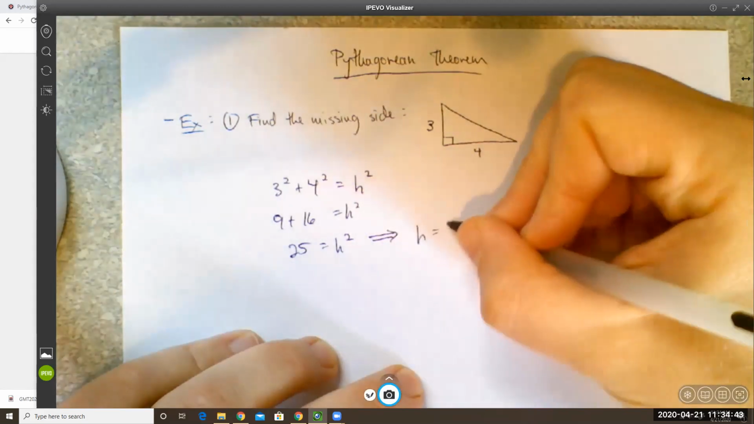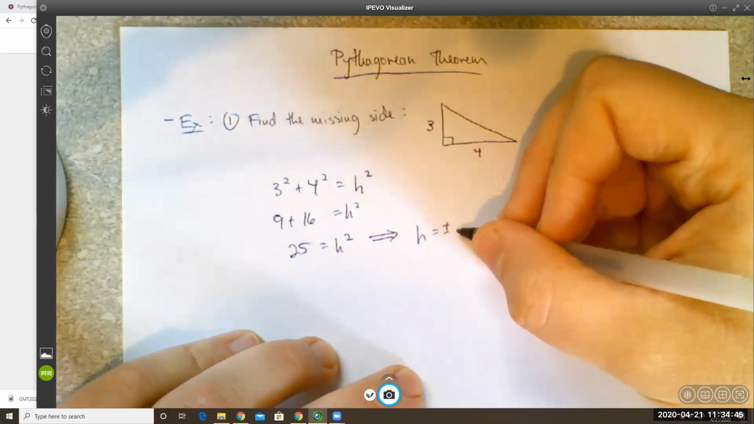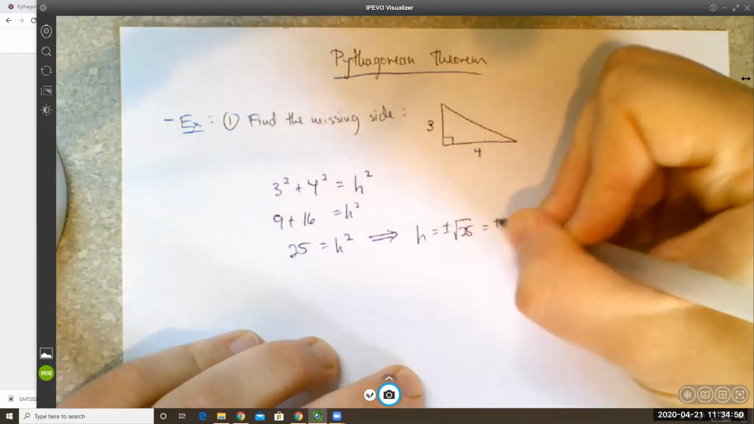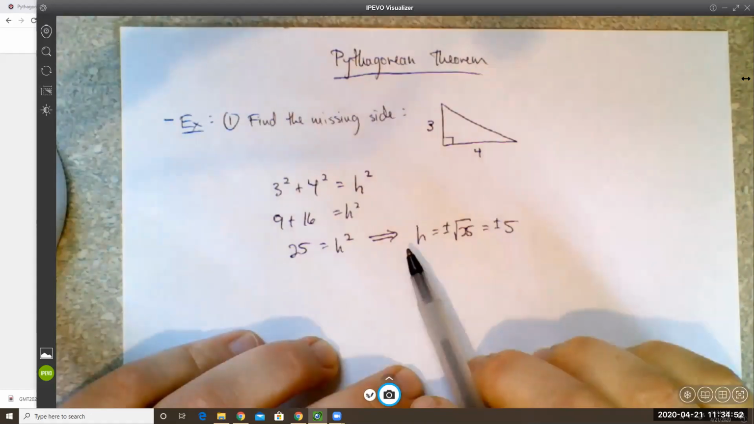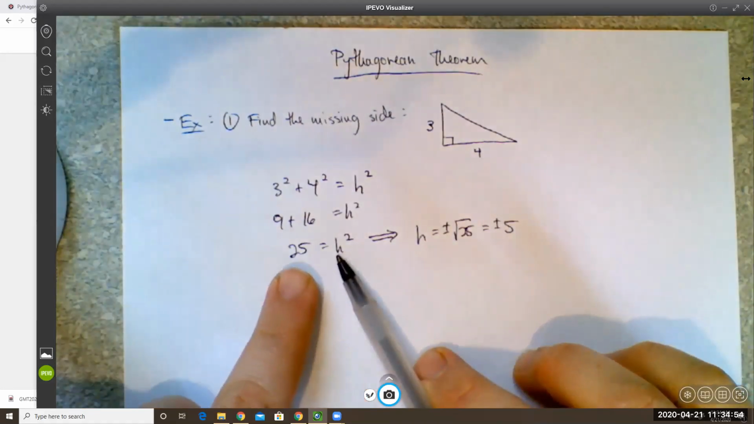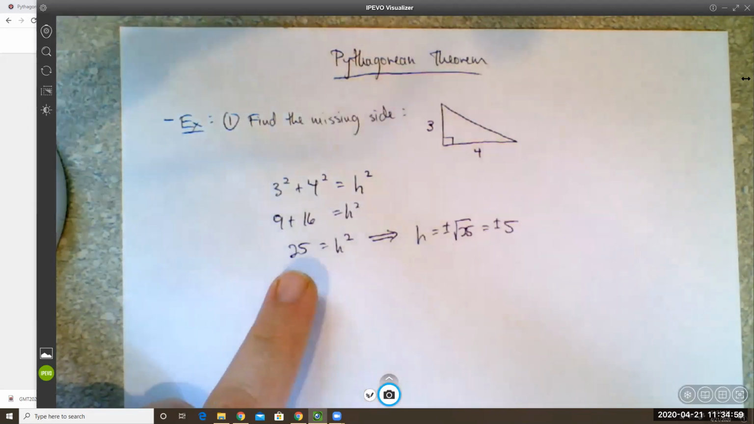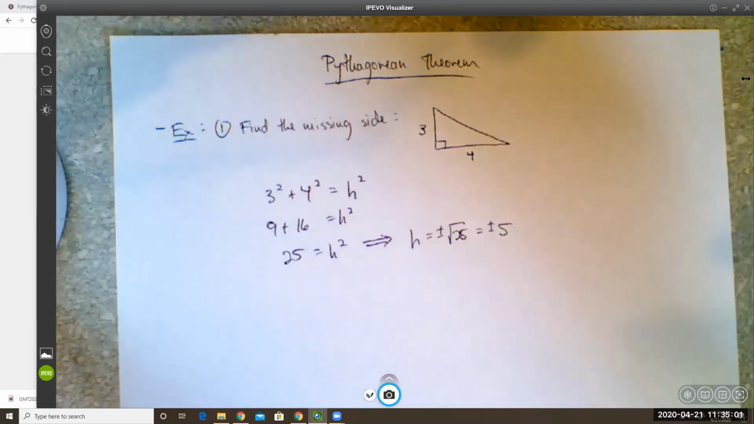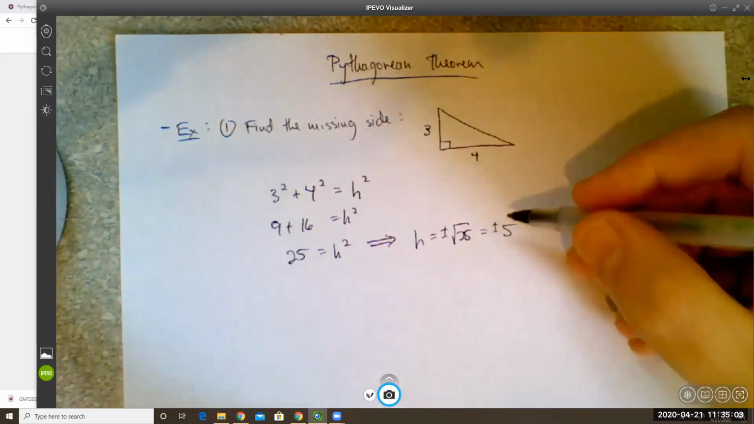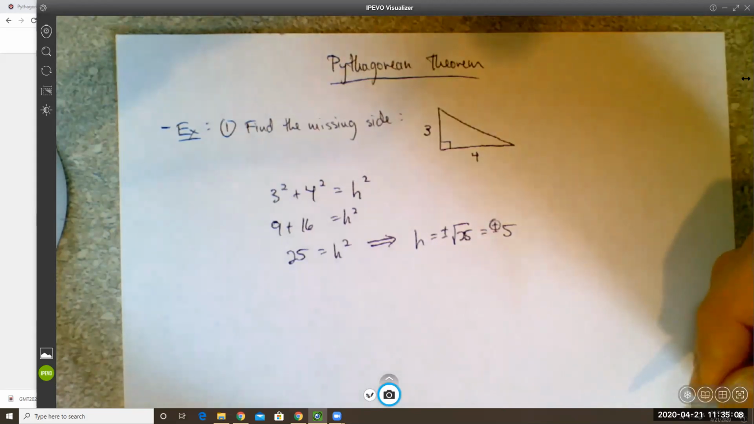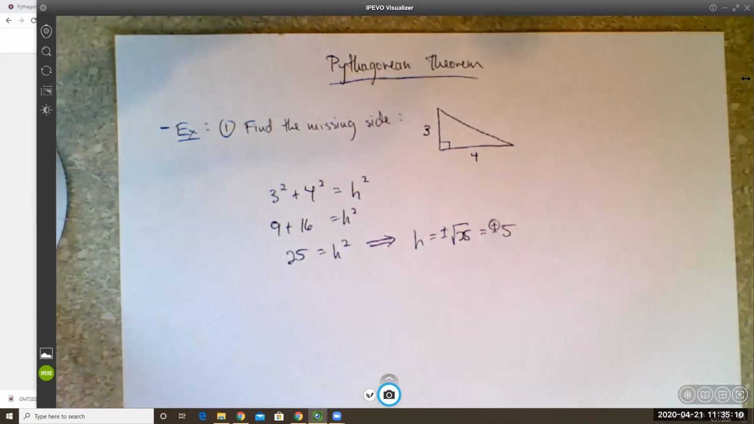And one of the things that we talked about when we were doing some work with algebra is that really when you have an equation like h squared equals 25, you have two solutions. You have a positive solution and you have a negative solution. In this case, since we're talking about a side length, we're going to be taking the positive solution every time, pretty much. There may be some application problems when for one reason or another we take the negative solution, but